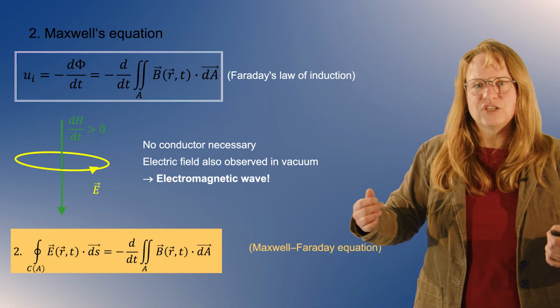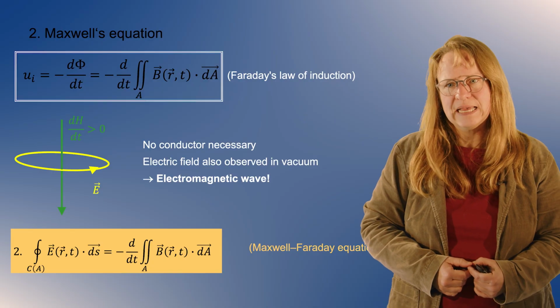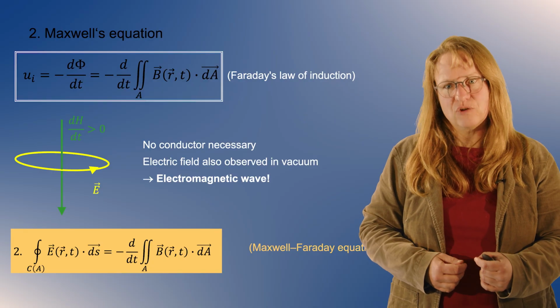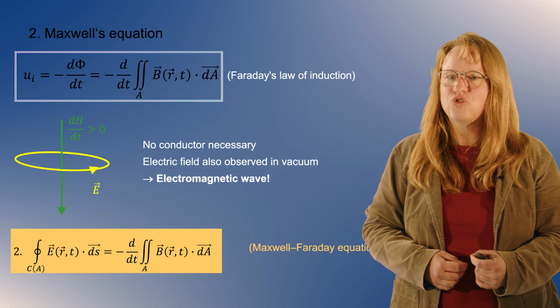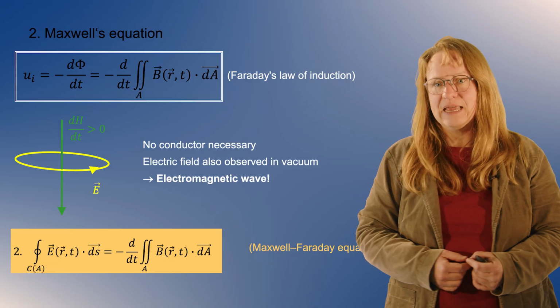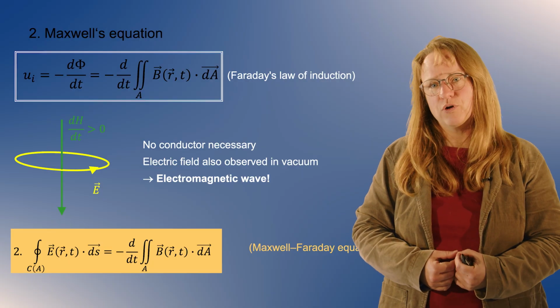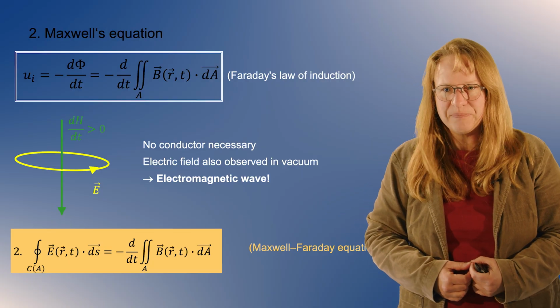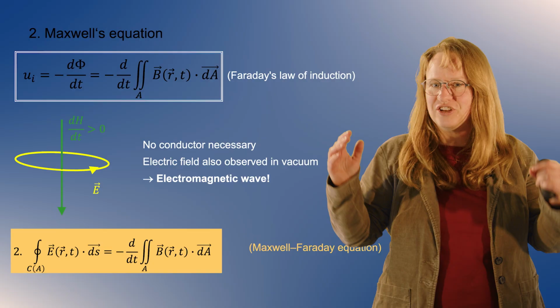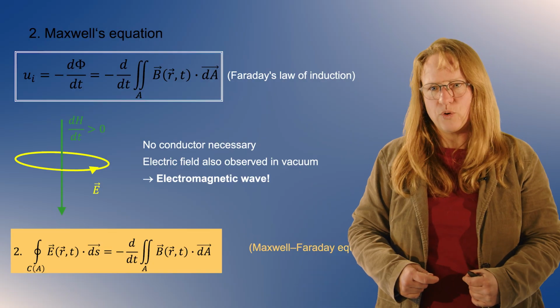And this electric field is actually observed in vacuum, and this is what is called an electromagnetic wave. The first electromagnetic waves were experimentally shown by Heinrich Hertz. And Heinrich Hertz actually did the theory for these experiments here at Kiel University already quite a while back. In the building where I'm standing here, one of the lecture halls downstairs is called the Heinrich Hertz